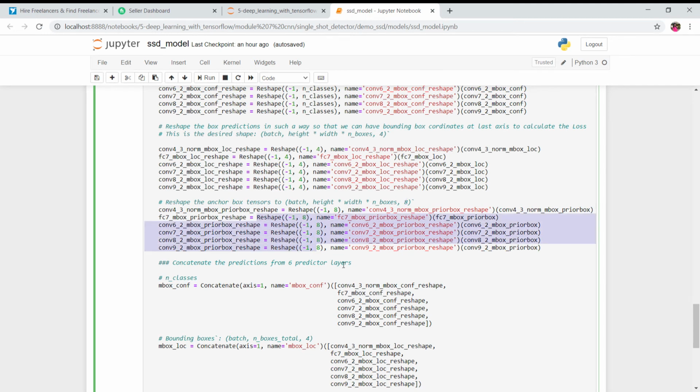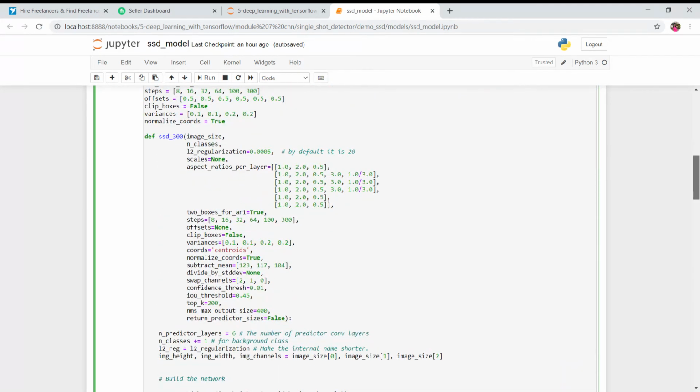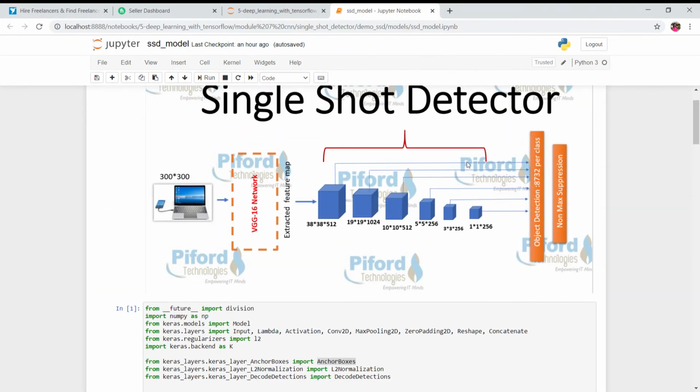All right. Now let's go back to this architecture. Till now we have worked separately for each layer, but now we want to concatenate the results of each layer. We want to concatenate all the classification scores together, all the bounding boxes together, and all the anchor boxes together.